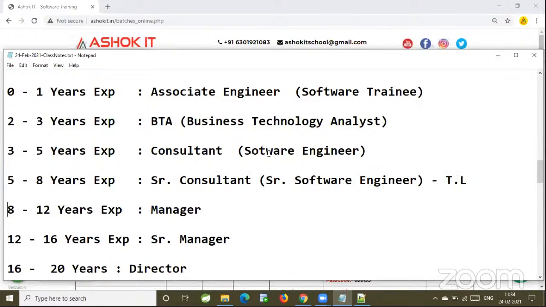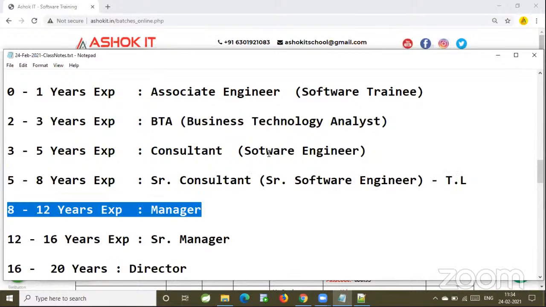Okay. Now, when it comes to the manager, you need to manage the team leads. Manager will give the task to the TL. TL will give the task to the team members. In the project, 2 to 3 TLs will be available based on the capacity. Suppose in the project, 2 team leaders and 1 manager are available. Whatever requirement we get from the client, the manager will give to the team leads. Team leads will distribute the work to the team members.